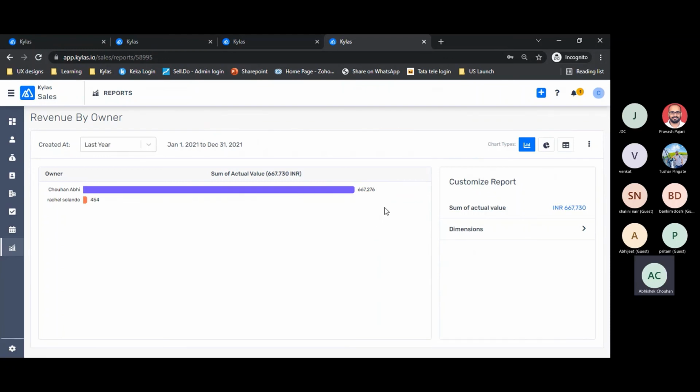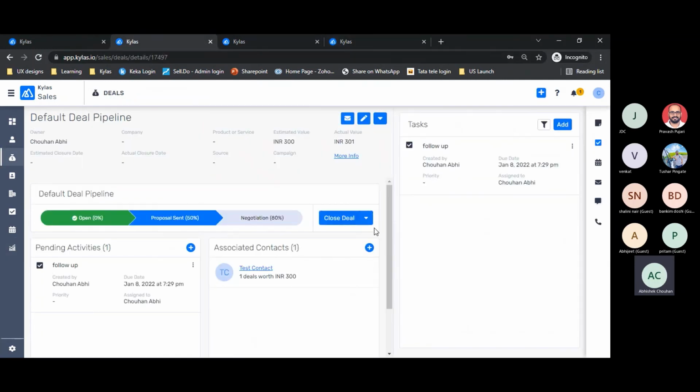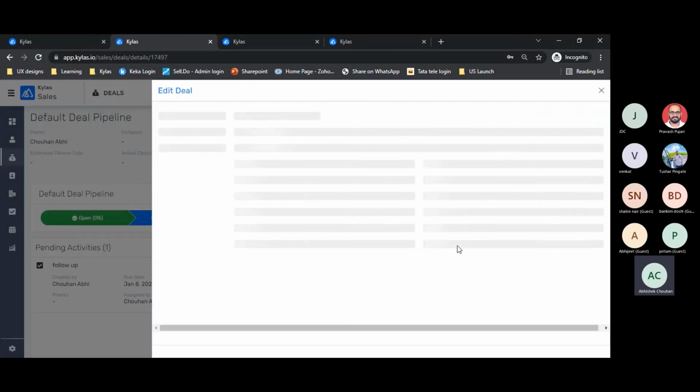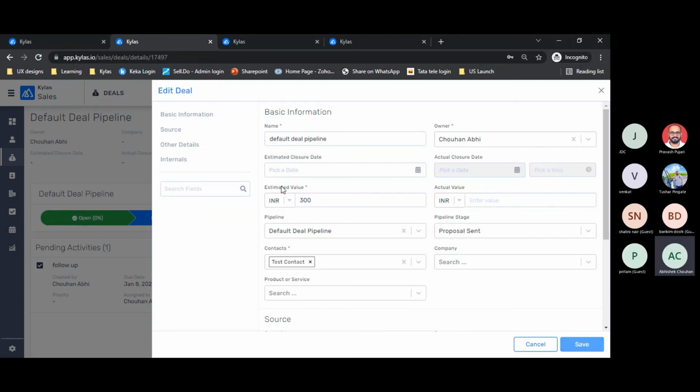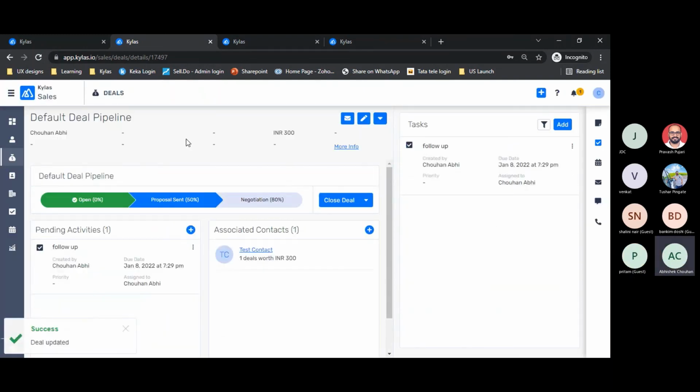Now, how this value comes is simply, if you would have noticed, the moment I close a deal, it asks me to fill a value called actual deal value. So there are two fields. One is the estimated value, another is the actual deal value. Estimated value is a field that is filled at the time of deal creation.